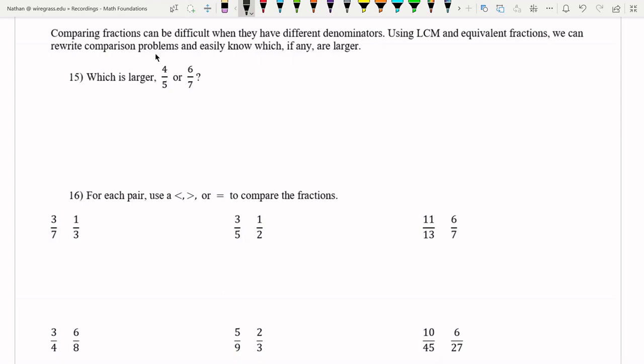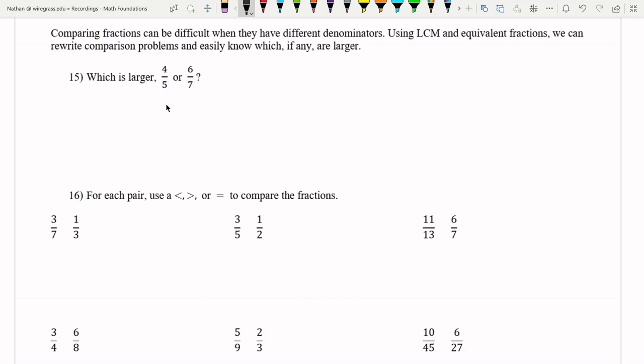We can compare two fractions as long as they have common denominators. If there are different denominators, it's very hard to know which one is larger or smaller. There are some cases when it's quite easy, but when it's ambiguous, like in this case, 4/5 and 6/7, the best thing you can do is use a common denominator, which you can find using the least common